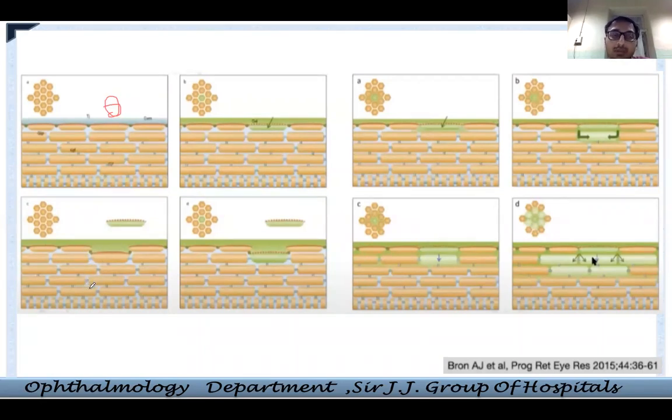How does this new epithelium come? New epithelium comes from the basal cells. Now these basal cells move through this hierarchy. It goes up and matures into a surface epithelial cell. These basal cells are coming basically from the limbal stem cells, which are at the limbus.